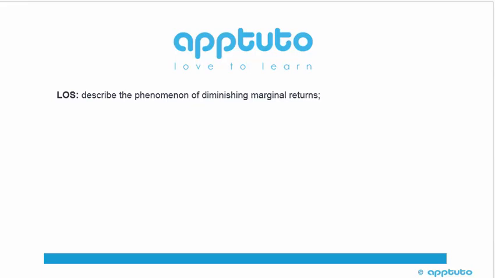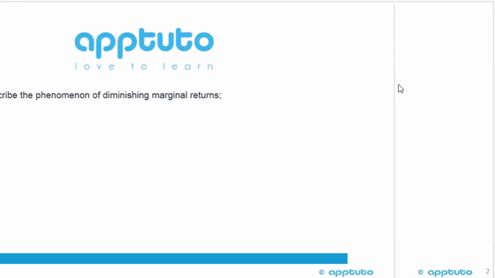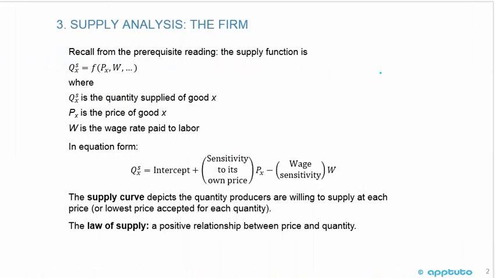This LOS is to describe the phenomenon of diminishing marginal returns. We're starting this reading with a bit of a reminder. It says recall from the prerequisite reading. So there's some reading that is required before this reading. And it's talking about the